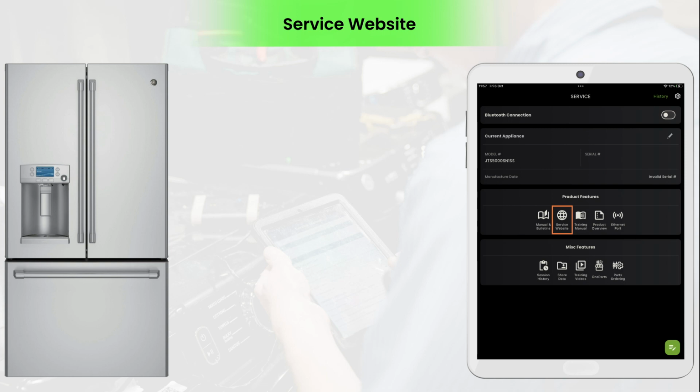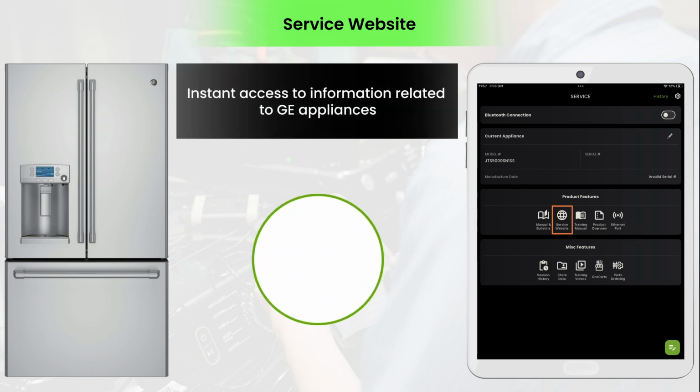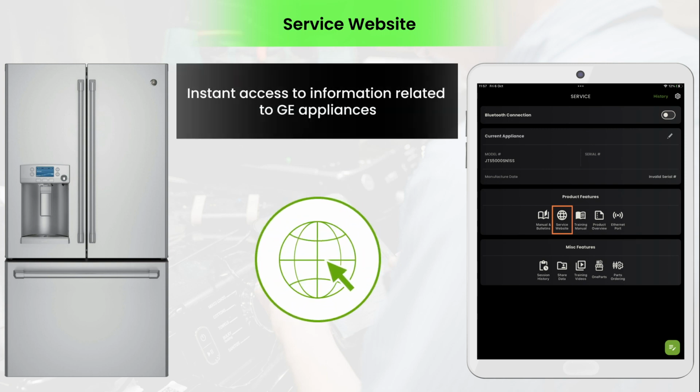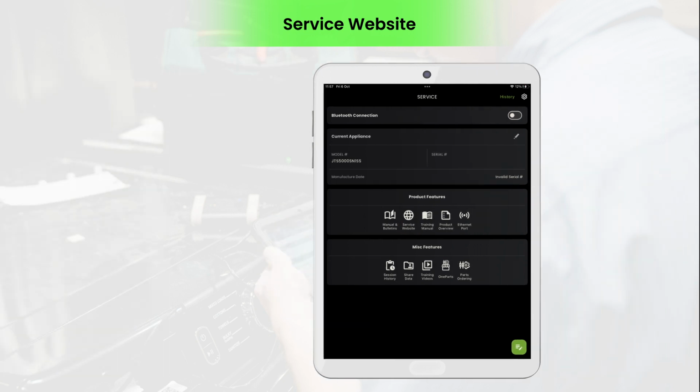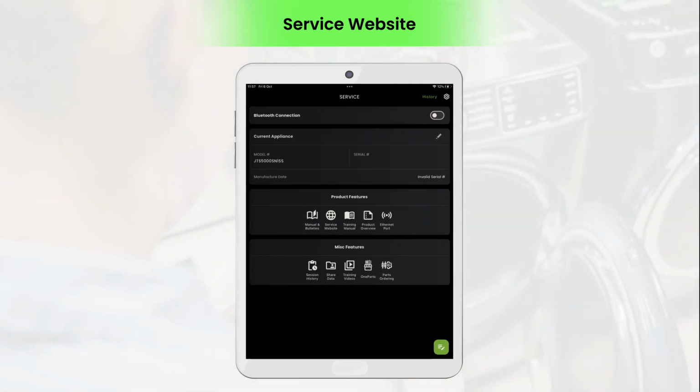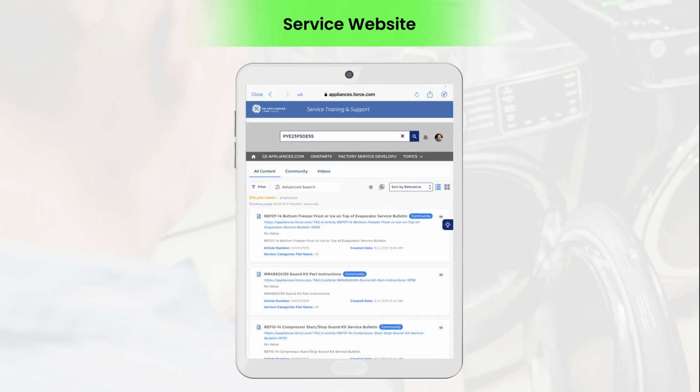Service Website is a feature of SmartHQ service that allows access to all the possible information, user manuals, and media related to GE appliances. This app auto-populates the service website with the model number that you are interested in working with. On the dashboard screen, in the Product Features section, click Service Website to access all the information, articles, user